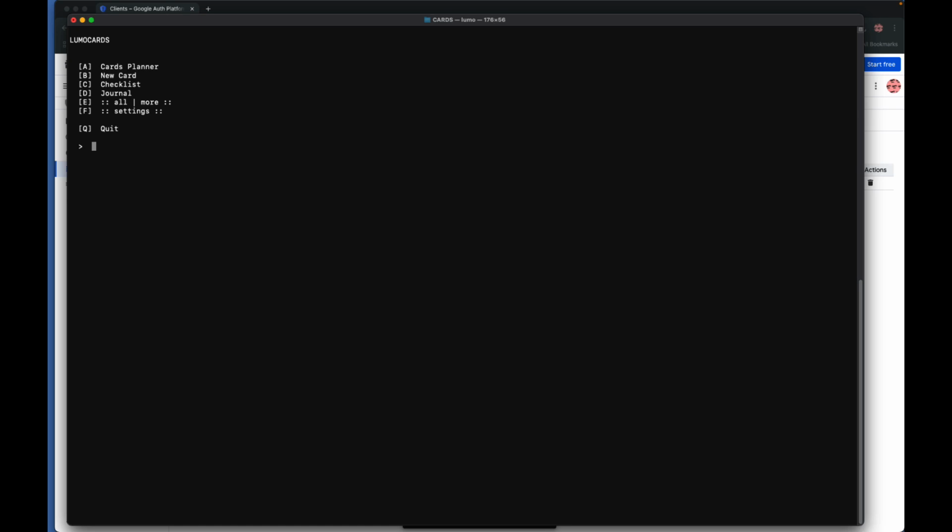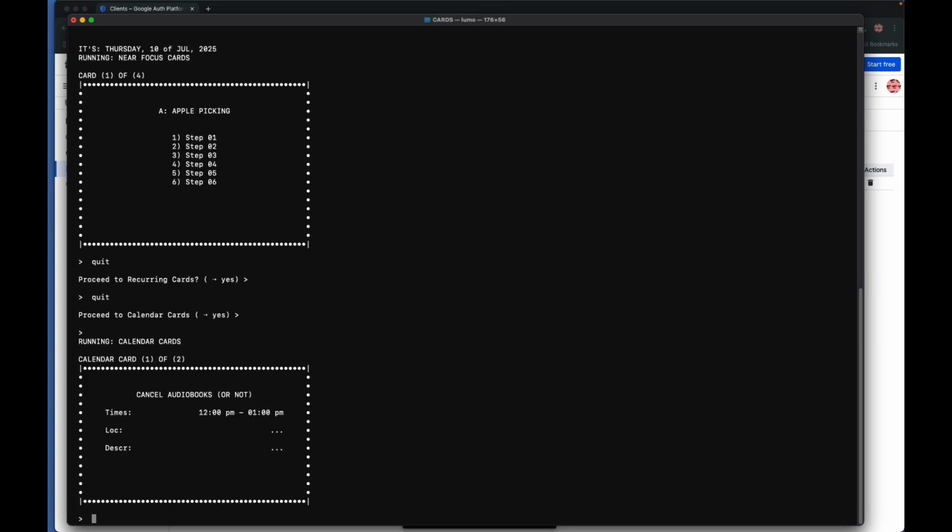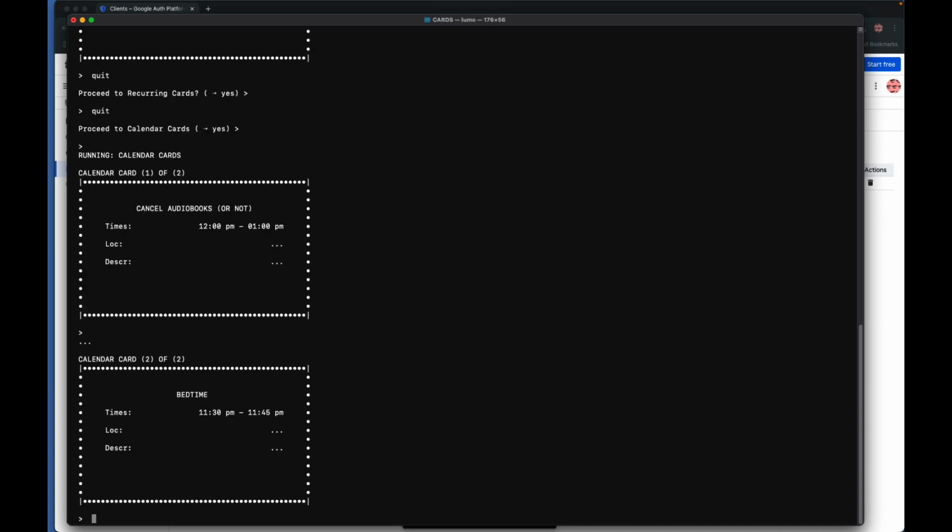if you go into the cards planner and you type quit to get out of the near focus cards and then quit again to get out of the recurring cards, it'll say, do you want to proceed to calendar cards? And it's going to show you events from your calendar organized as a card for the day. So in this case, it's going to run calendar cards, and then it's showing me I have a card about canceling an audiobook subscription, and then I have a card about